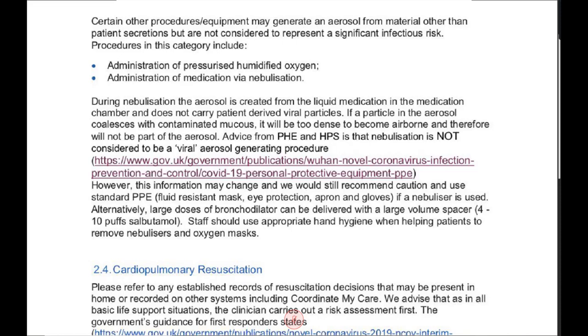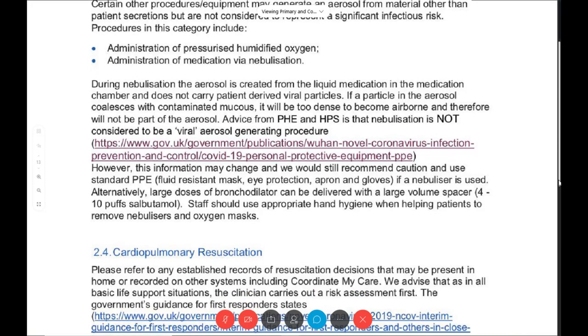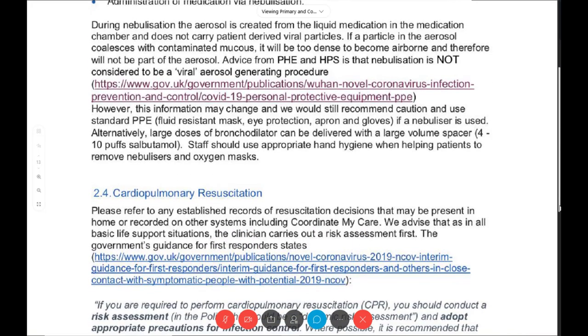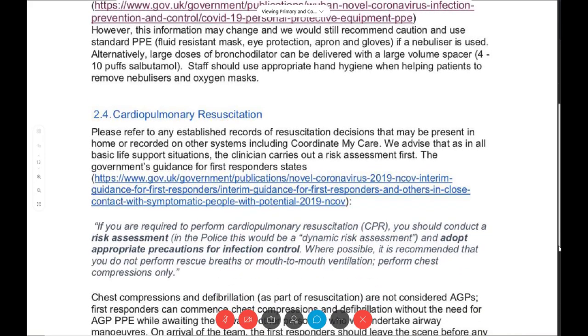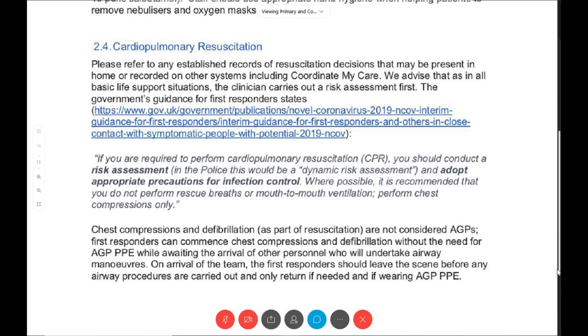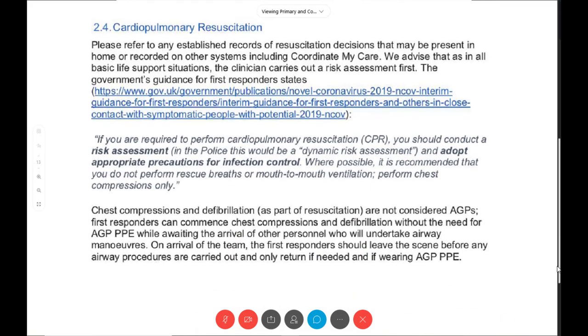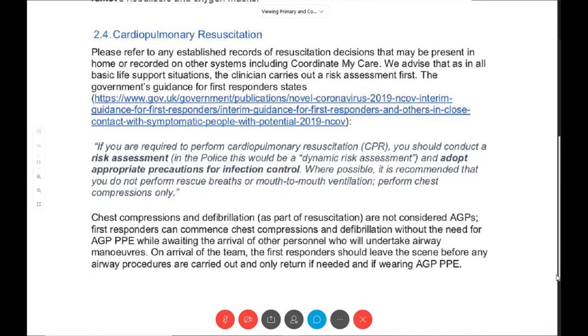The next section is cardiopulmonary resuscitation. Now, I do realize that a lot of you may have received the guidance sent out recently saying that you should not start cardiopulmonary resuscitation, including chest compressions, because there is a risk of aerosolization during chest compressions. That is the advice given to you via your STP or CCG. This is also the advice from the